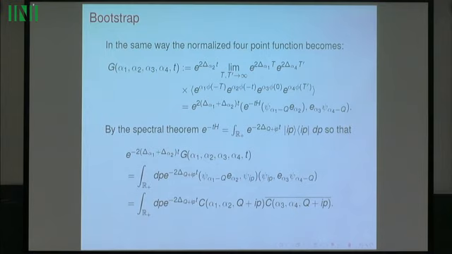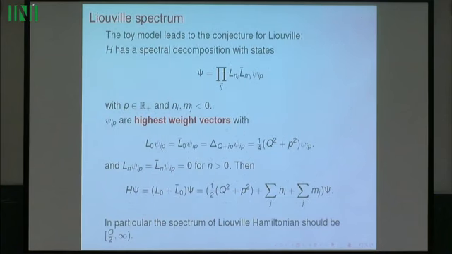Okay. What would it be in Liouville? This was a completely trivial exercise when I take away the Gaussian free field from the Liouville. But I think from here we learn what the result should be in Liouville. So in Liouville, the Liouville Hamiltonian is related to the Virasoro algebra. The Hamiltonian is actually just L0 plus L0 bar.